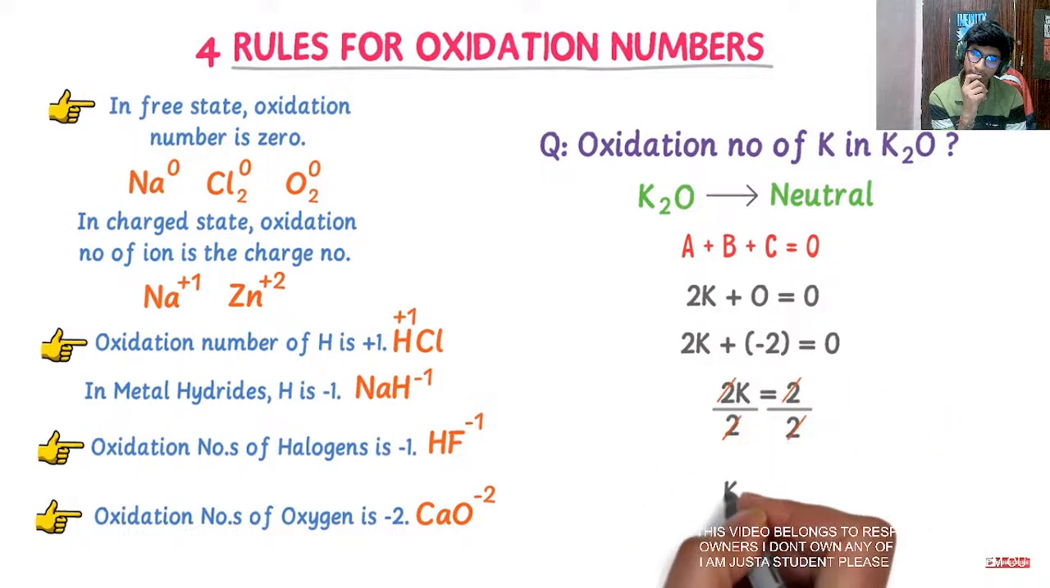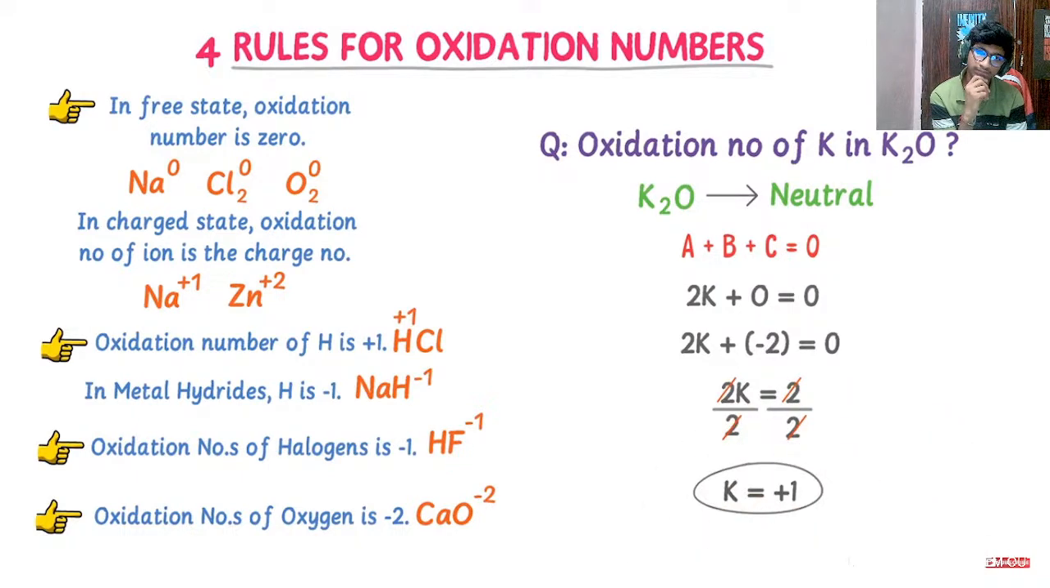Dividing both sides by 2, we get K is equal to positive 1. Thus the oxidation state or oxidation number of potassium is positive 1 and that of oxygen is negative 2. Remember that oxidation number of 1 potassium atom is positive 1 and 2 potassium atoms is positive 2. So positive 2 and negative 2 cancel